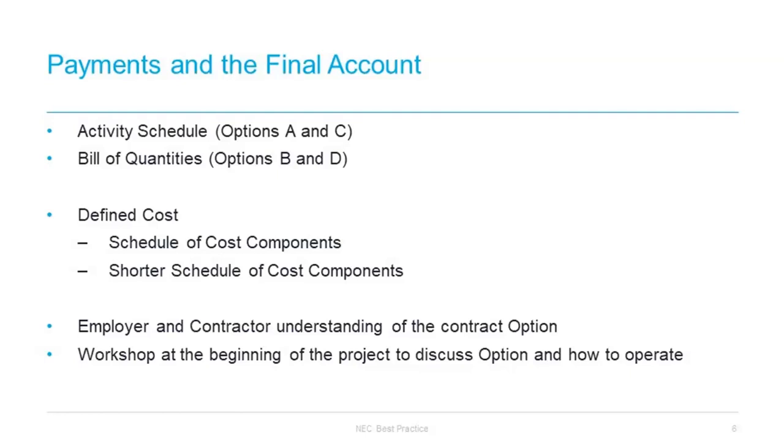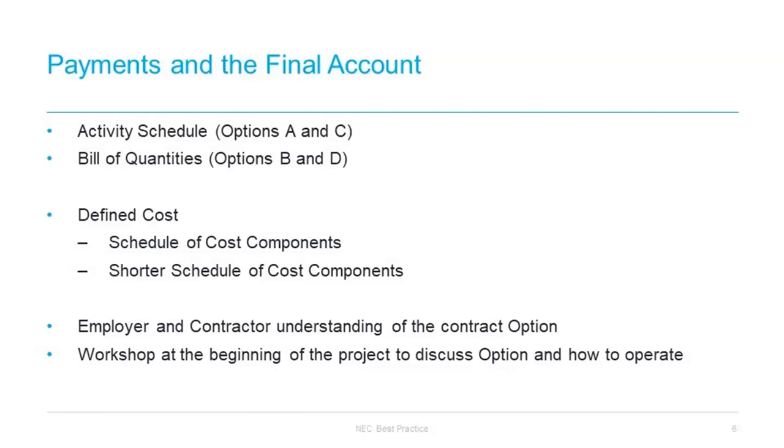So, a change in the works information requiring some additional future work to be done would have that future work priced using the shorter schedule of cost components and the resulting fee, which would be added to the activity schedule as a new activity or with another activity or group. Compensation events that have an impact on work already done are more complicated to calculate. Shorter schedule is used for simplicity of calculating compensation events, but we must remember that the cost of preparing quotations is not paid because that's deemed to be included in the fee in option A.